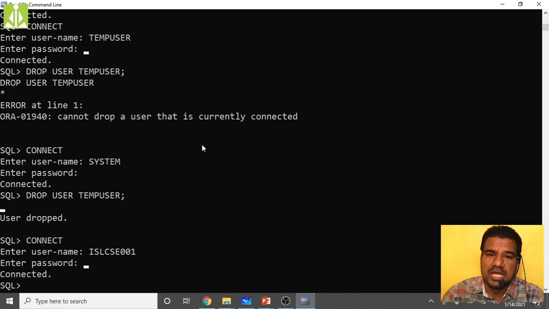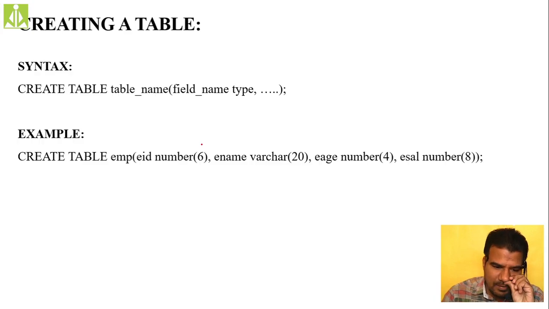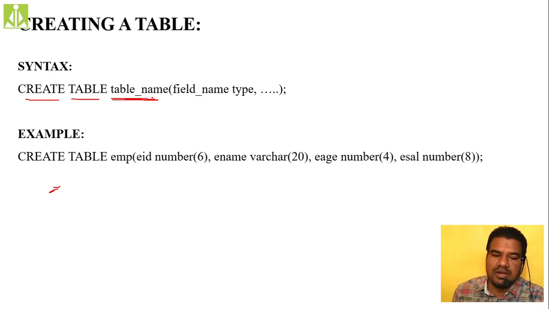So first, now I'm creating a table. Creating a table, what command I have to use? I have to use the create command. See the syntax over here I have written. So what syntax I have to use? I have to use the create table. The syntax is create table followed by the table name. The table name, let us say I'm creating an employee table, so EMP I have to give, and followed by